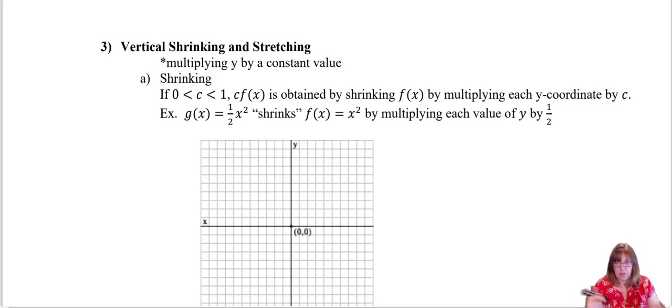That cubic function, whatever it is, to know those parent functions, and then to recognize that when this particular thing adjusts that parent function, how does that impact the graph? That's kind of the reason for this section,